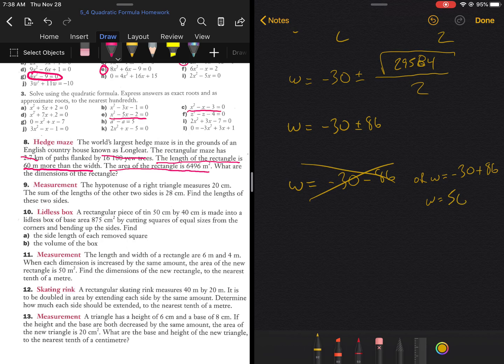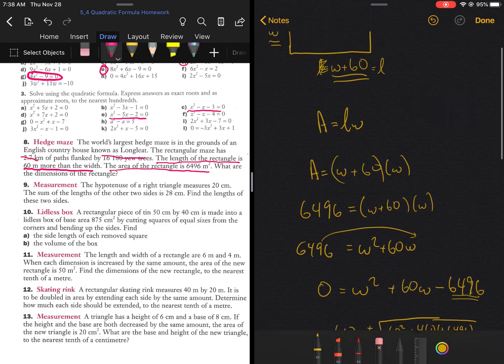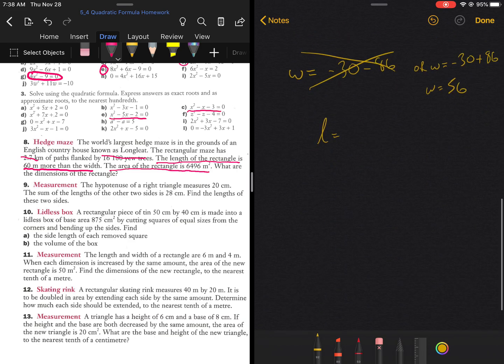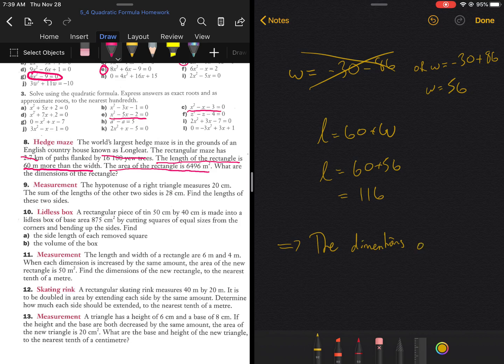Or W equals minus 30 plus 86, which is equal to 56, which means the length equals 60 plus W, which is 60 plus 56, which is equal to 116. Therefore, the dimensions of the maze